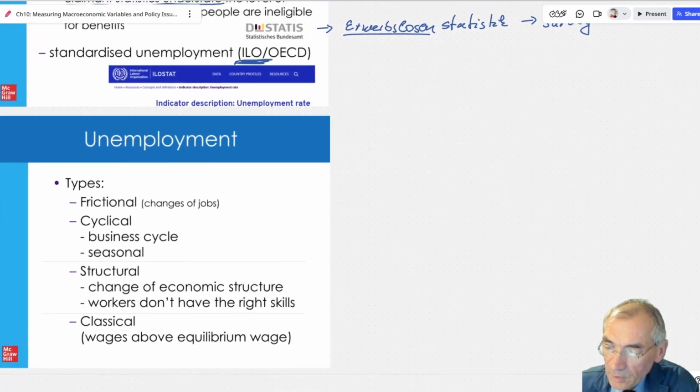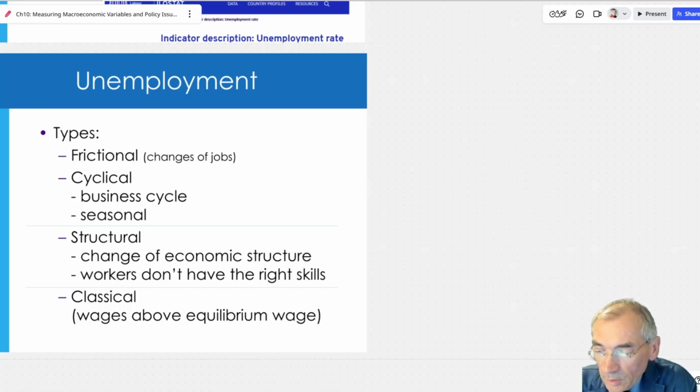Another type of definition is frictional, cyclical, structural. Frictional means a change of jobs, where you are unemployed for a short period of time. Cyclical concerns the business cycle, the cyclical ups and downs of economic activity, or the seasonal ups and downs. We know there are a lot of jobs where people can only work in the summer and are laid off in the winter and so on. So these are temporary